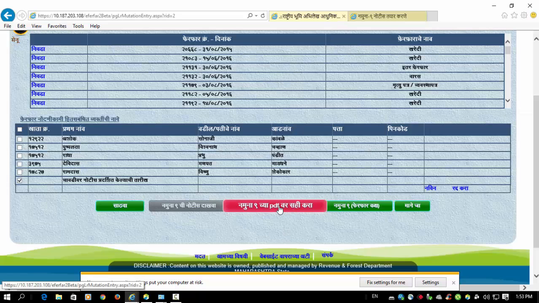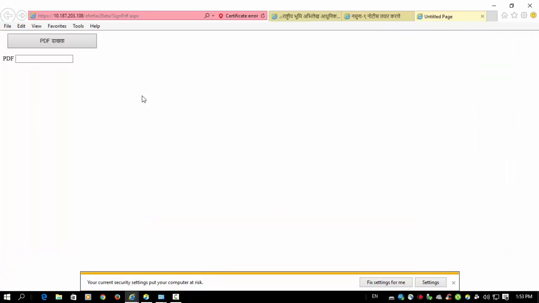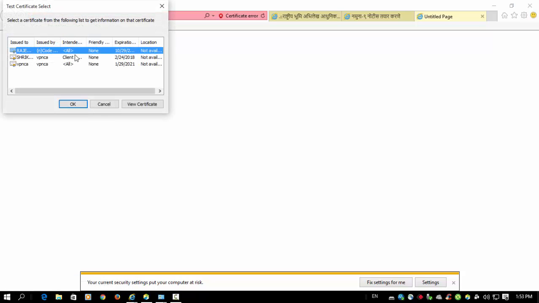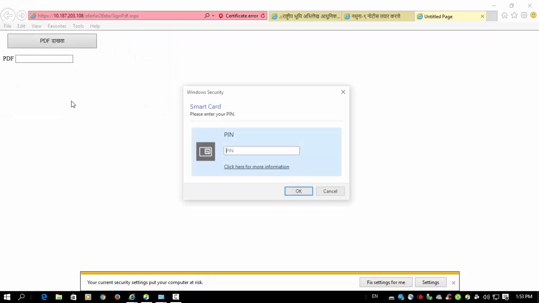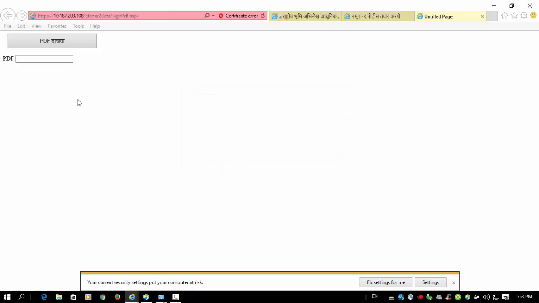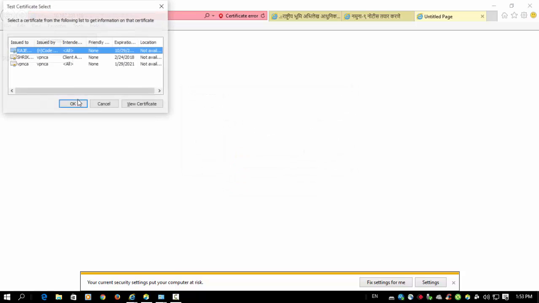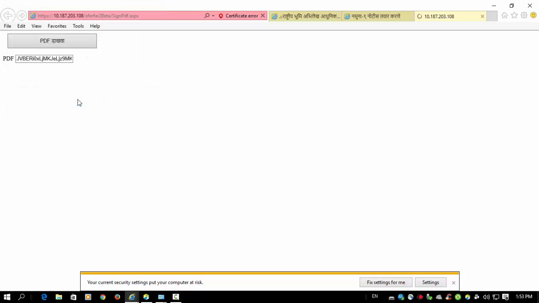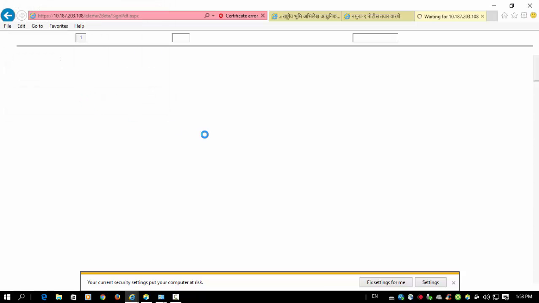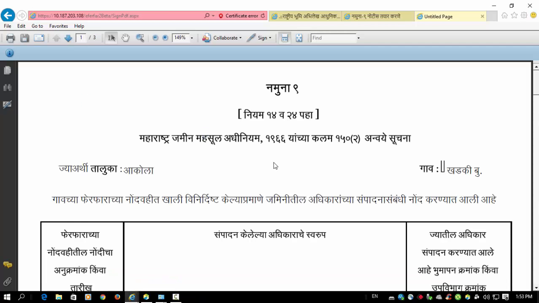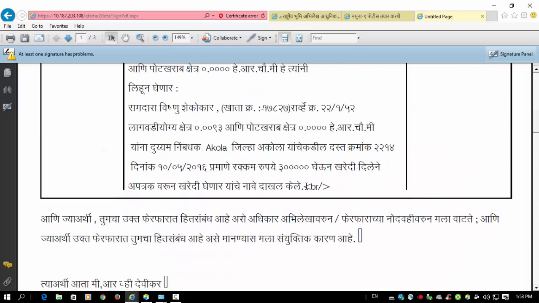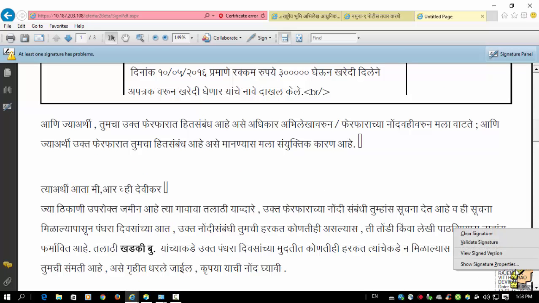Now we will go for the digital signature on this 9 number notice. Same process we have to repeat: digital sign, PIN number, then this will display the 9 number notice digitally signed.